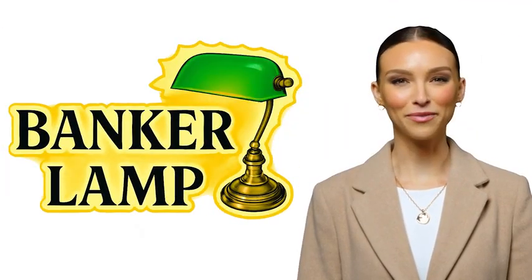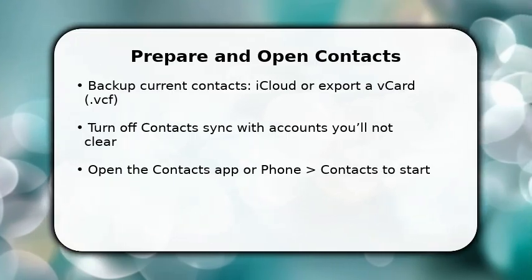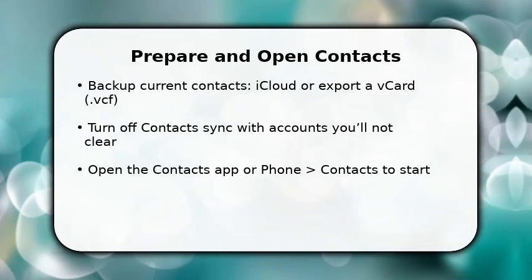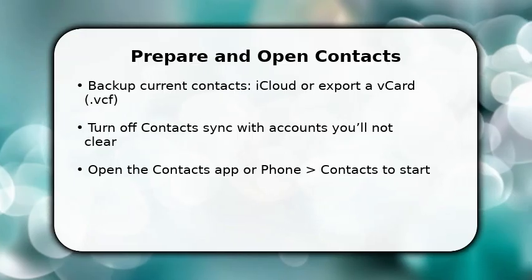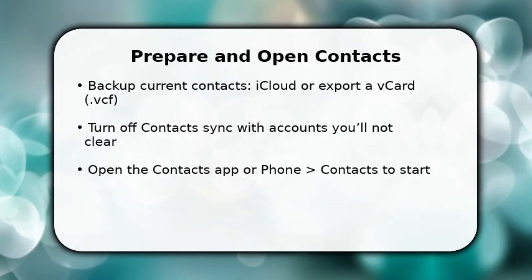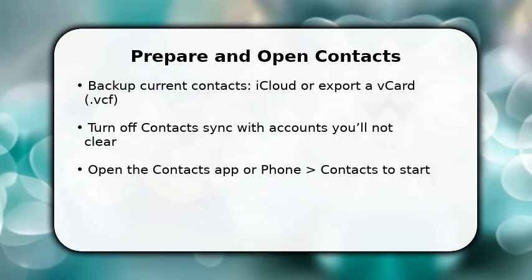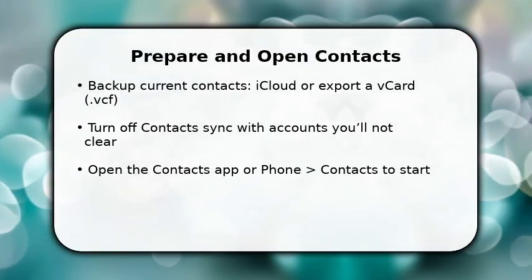Please enjoy the video. You'll start by ensuring you won't lose anything important, so back up contacts to iCloud or export a vCard now. Once done, go to Settings, Contacts, Accounts, and disable contacts for any account you don't want cleared. This prevents resync. Now open the Contacts app. That's where you'll remove entries. You're taking these steps to control which sources are deleted and to avoid accidental loss, so don't skip the backup